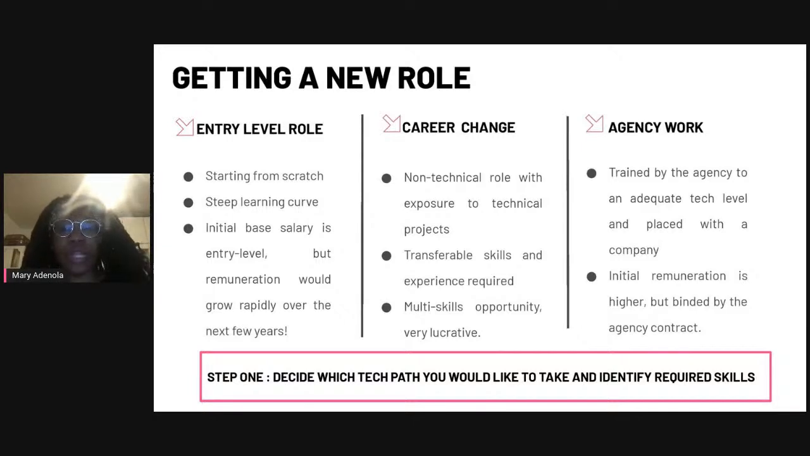So those are some of the things that you can do to get into a tech role. I'm not sure if I finished my last sentence, but feel free to contact me on LinkedIn if you want the name of that tech agency. Gosh. And then,